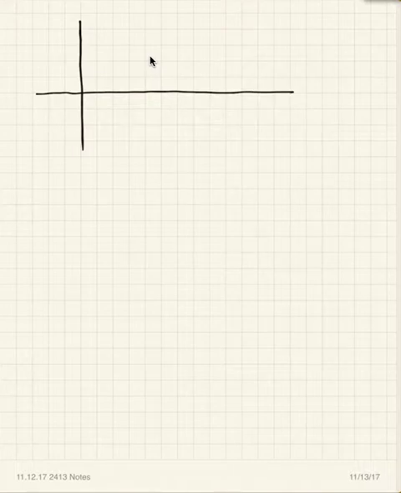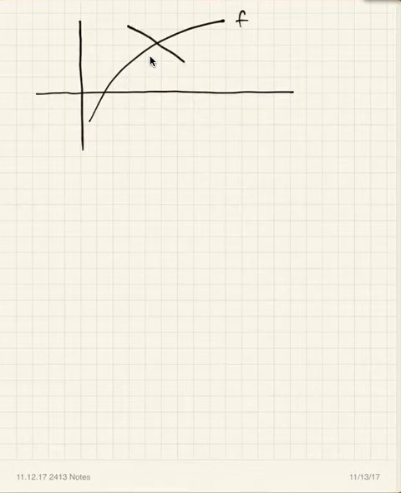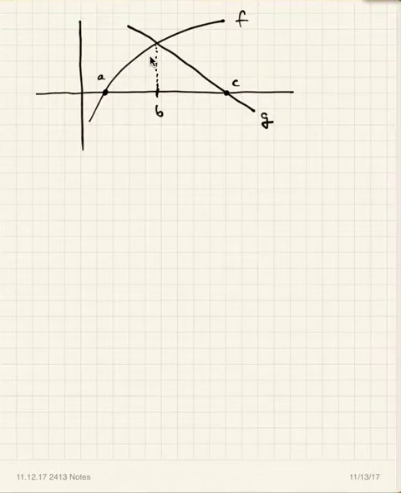The next situation, let's say we have a function like this, and let's say that this function is f. And then we have another function like this one. This function's g. Let's say that this intercept right here is at x equals a. The two curves intersect at b, and then this x-intercept for g here is at c. And if we're after the area of this region like this,